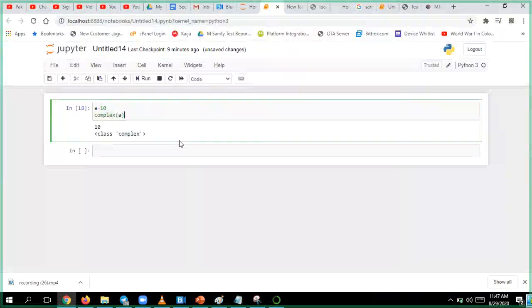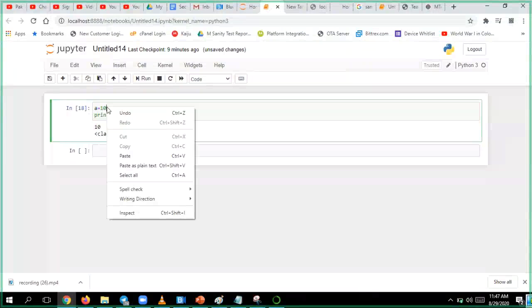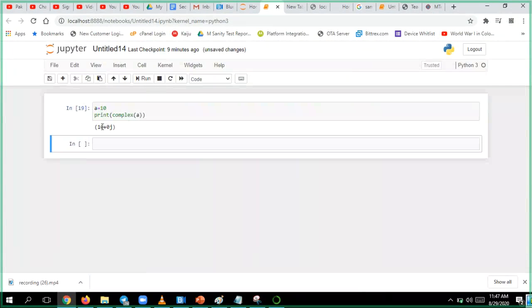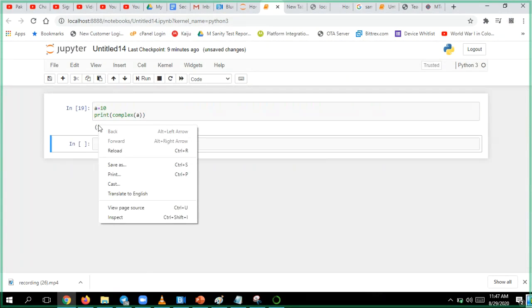What happens? I'll print. So what is the first value? The first value is always the real value, plus the imaginary value times j. So it will give you 10 as the real value plus nothing.